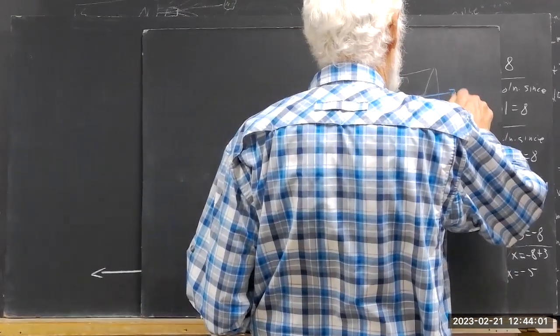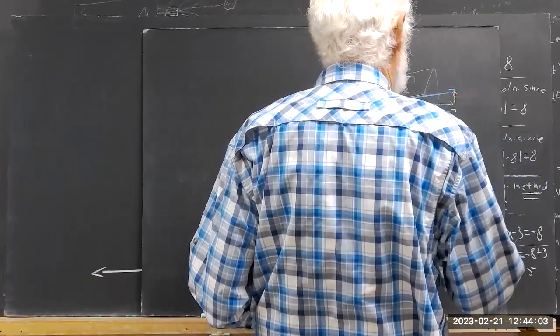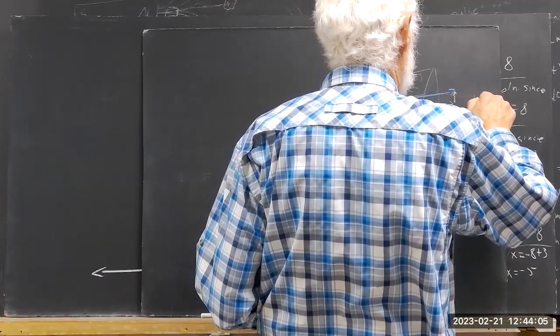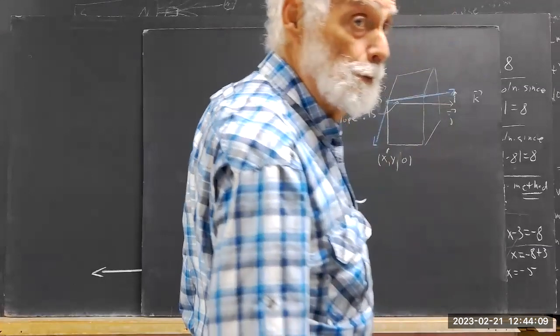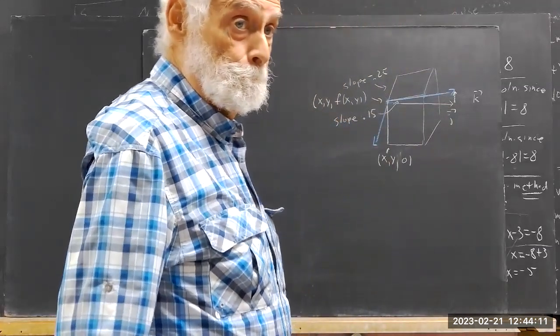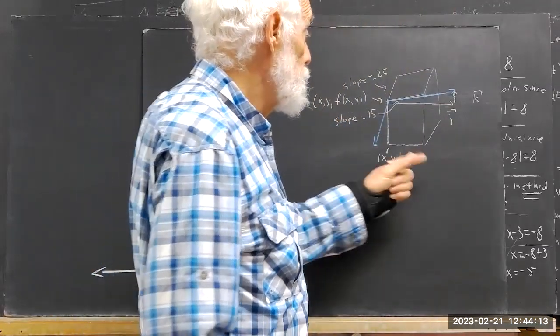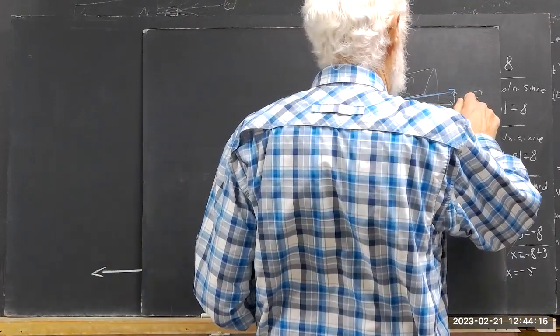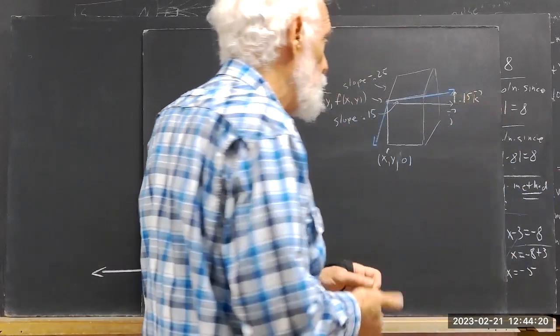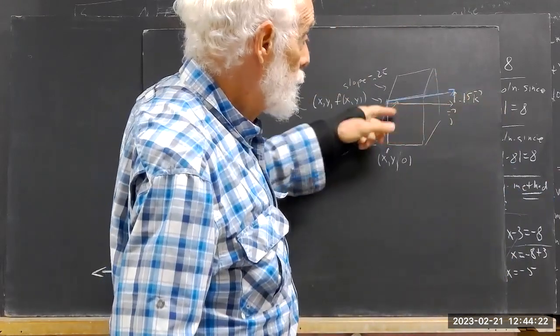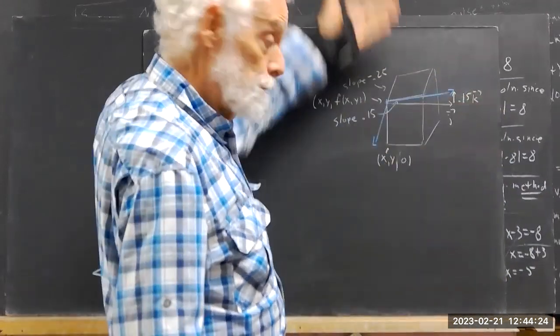And this vector is a multiple of K. Now, it's not J plus K, that will put us at 45 degrees again, right? It's J plus 0.15 K because you got a rise and a run here within that